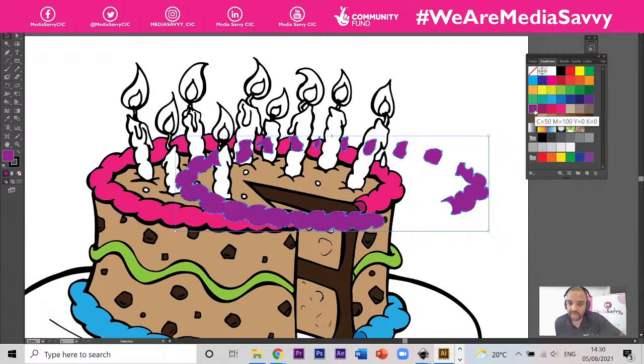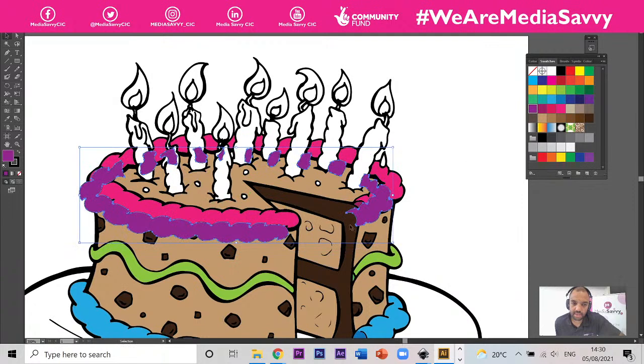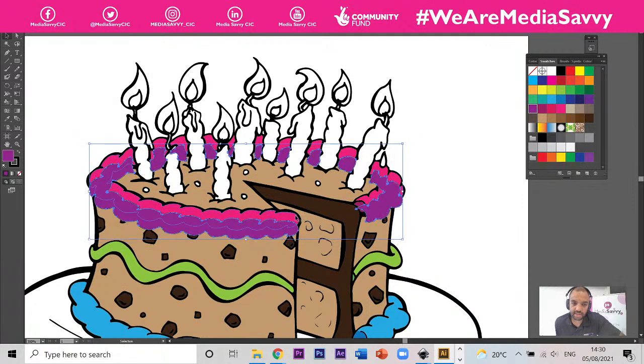And I'm going to make that a darker purple from the swatches. So I've selected the group, press that, and then what I'm going to do is drop that down. Okay, and I'm going to select this bit, I'm going to select that bit, I'm going to hold, and then I'm going to try and use a thing called